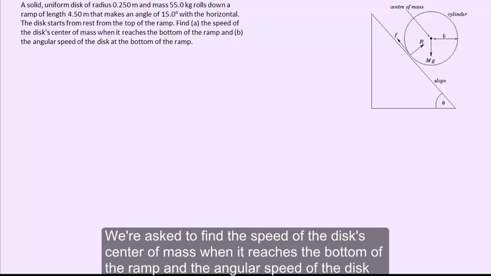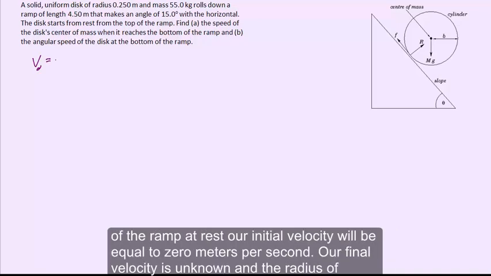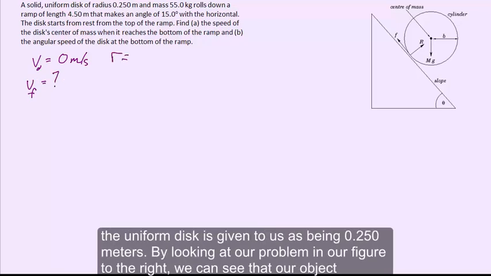We're asked to find the speed of the disk's center of mass when it reaches the bottom of the ramp and the angular speed of the disk at the bottom of the ramp. So if we were first to start by summarizing the information we're given, since the disk starts at the top of the ramp at rest, our initial velocity will be equal to 0 meters per second. Our final velocity is unknown, and the radius of the uniform disk is given to us as being